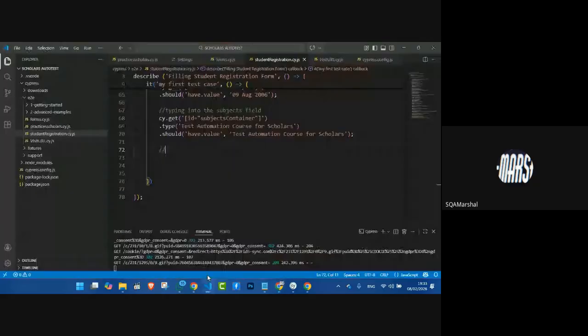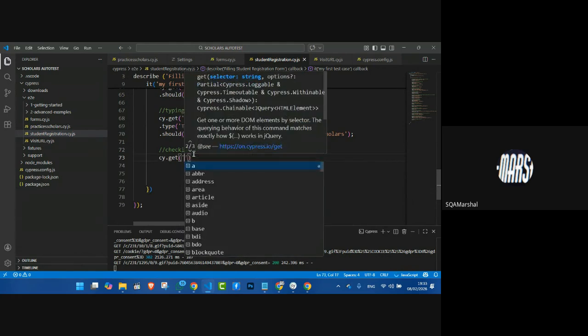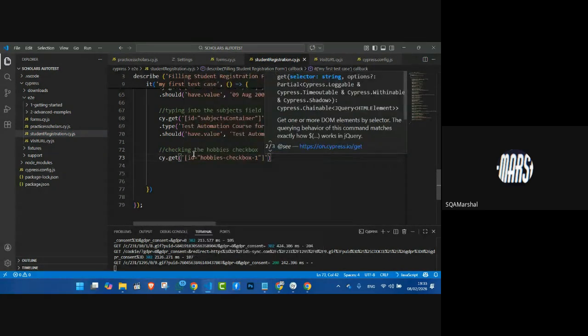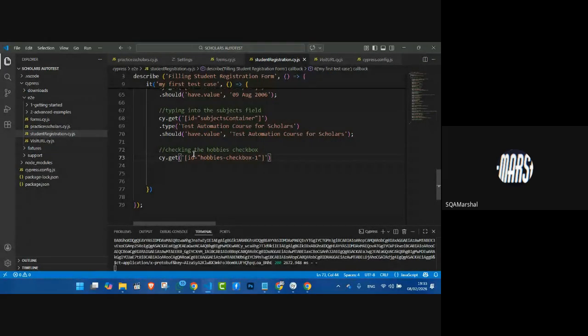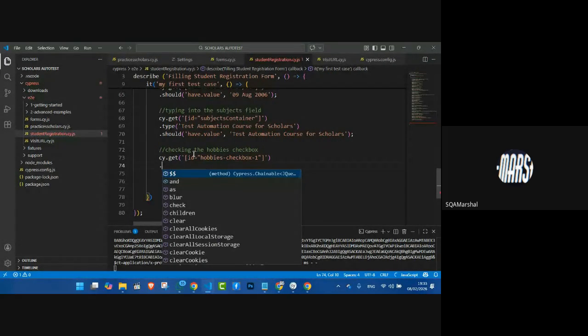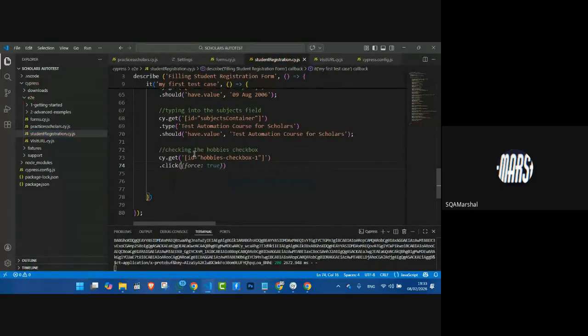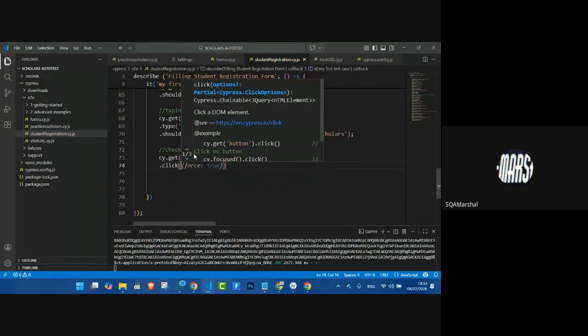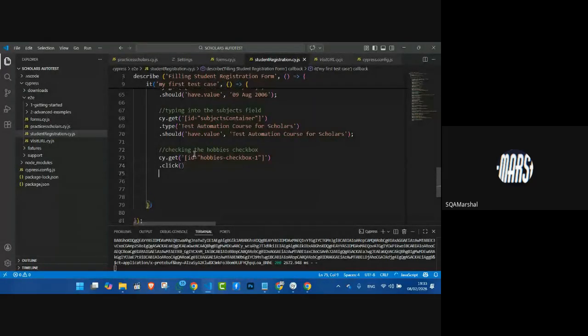Then I'll come back here. I will say checking the hobbies. Check pause. Right. So here I will say cy.get, then I'll just paste this here. That's the first one, and the first one is, I think, sports, right? I'll say click. I can use click, right? I can use click. So then I will say dot should